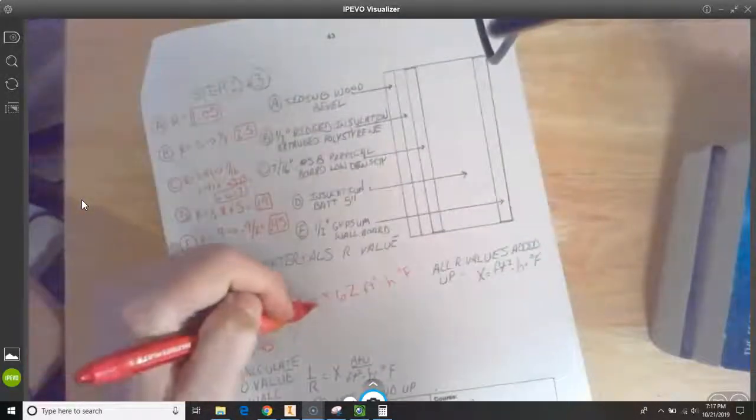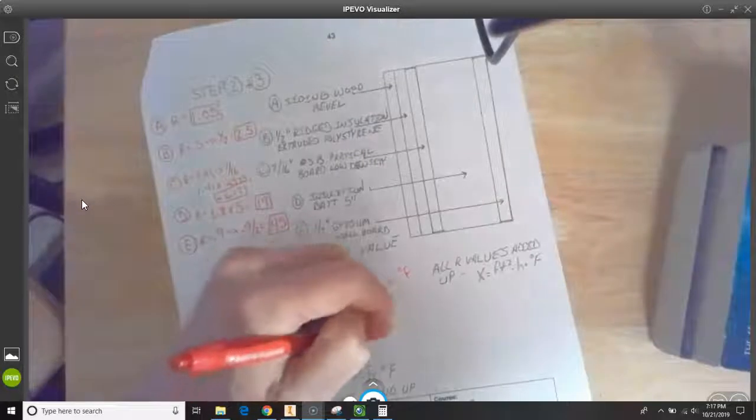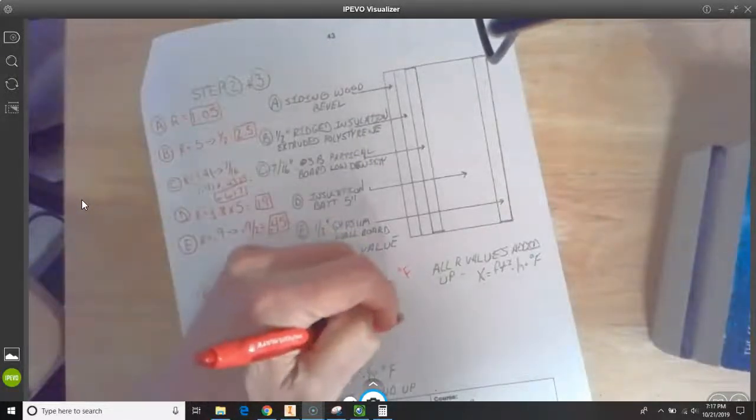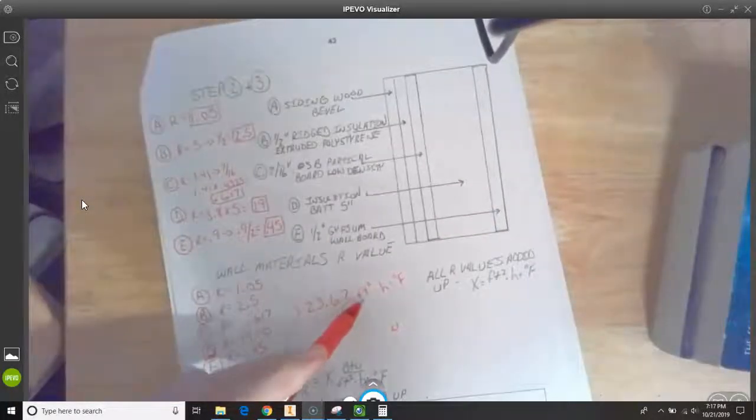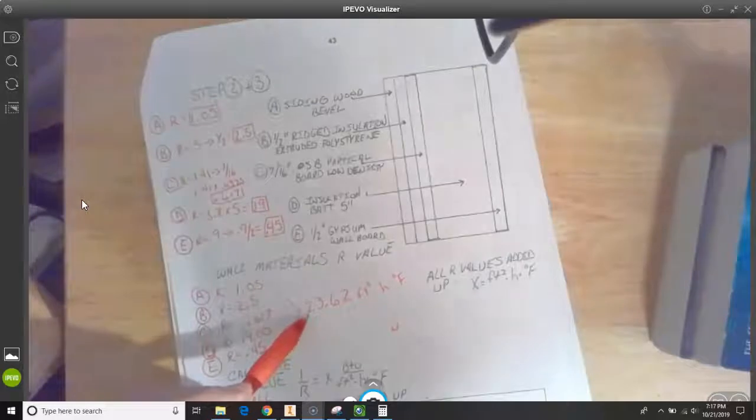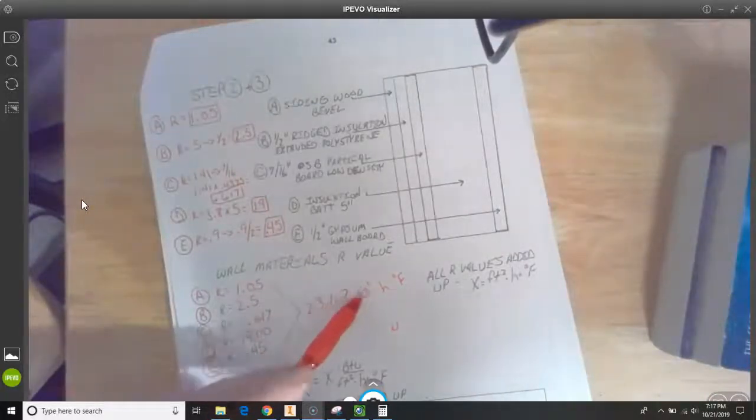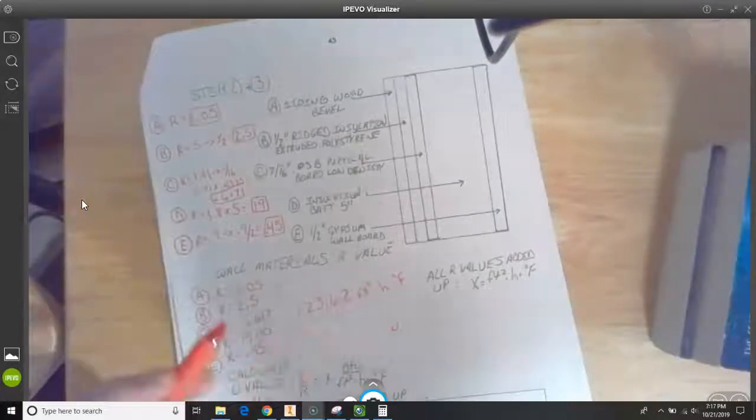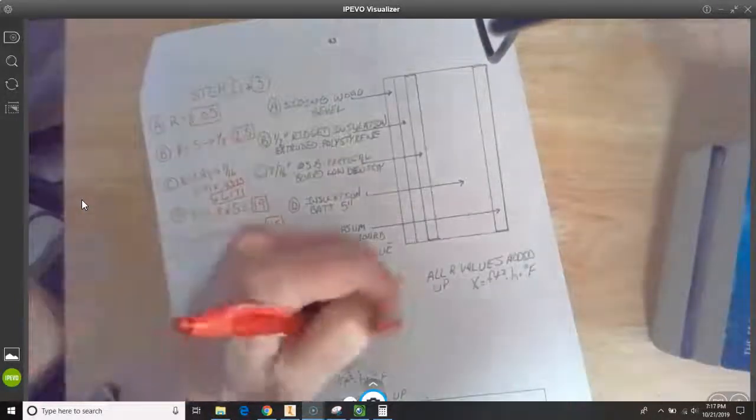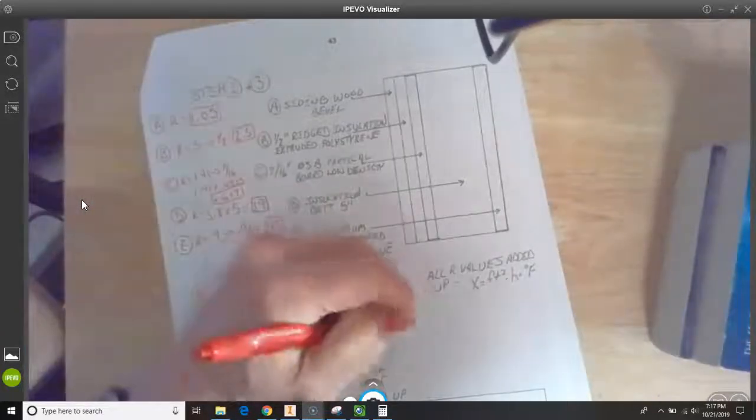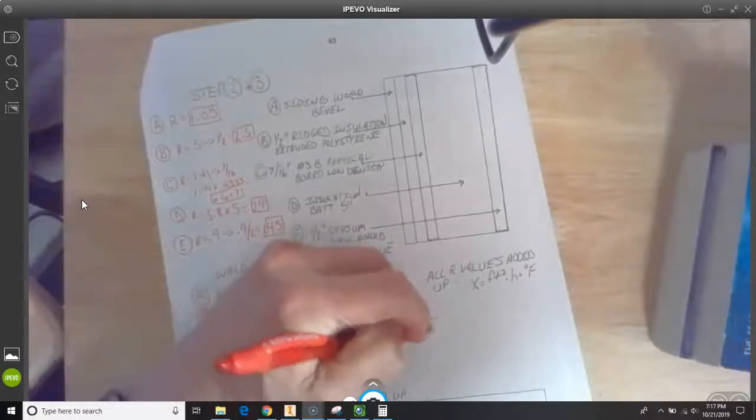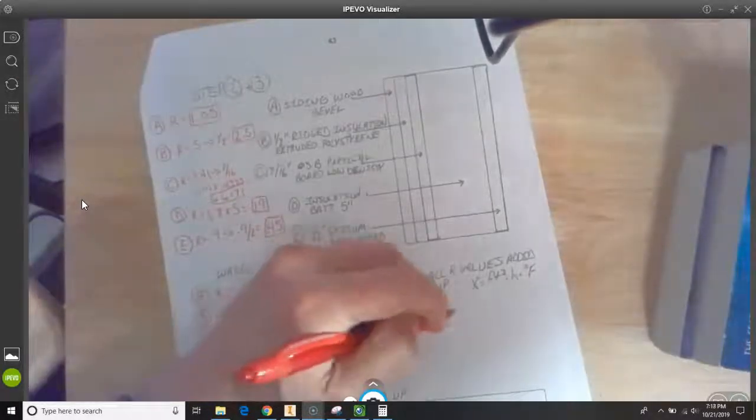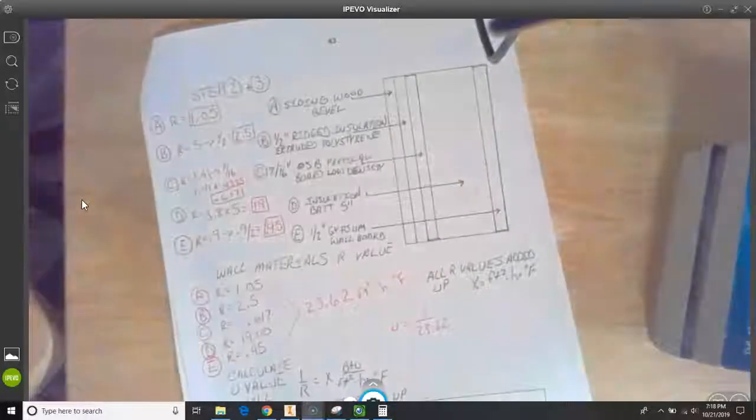So we're going to do this, so our U value for the wall, and by the way, I put the units up here for our R value for the wall of 23.62 feet squared times hours times degrees Fahrenheit. So U value is going to be equal to 1 over 23.62. So on my calculator,